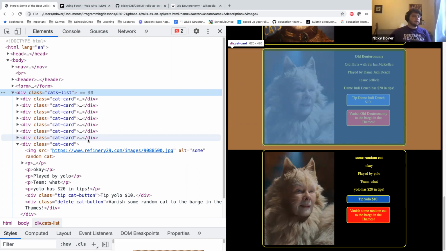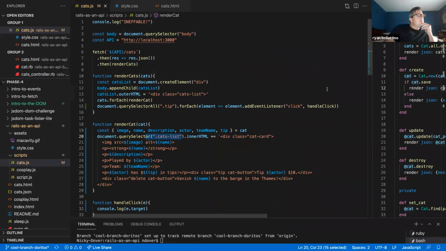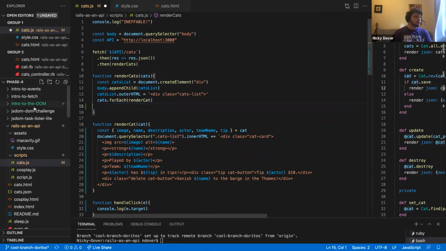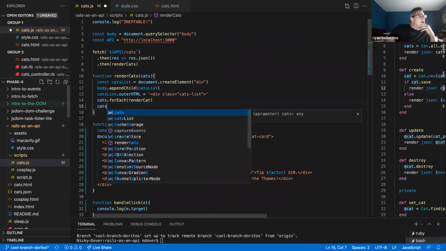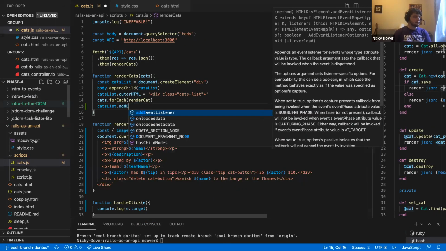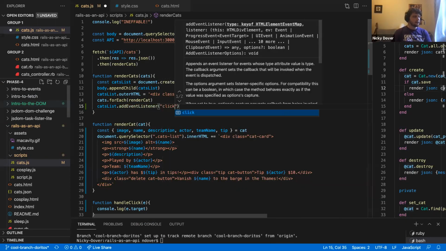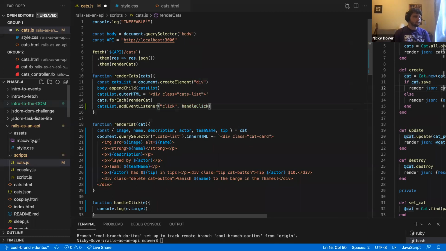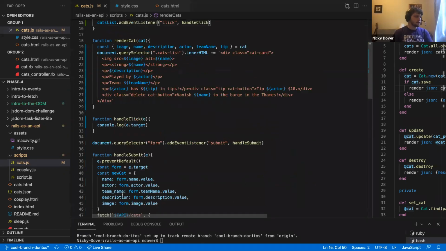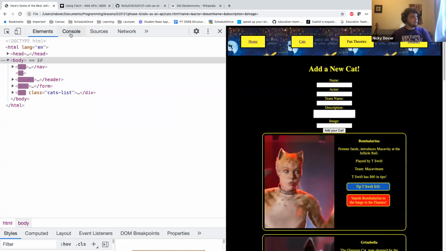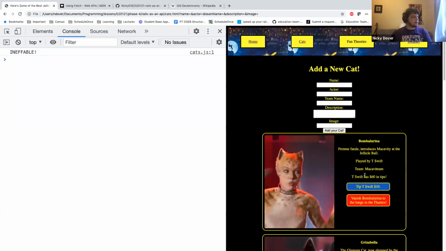Cool. So at this point, instead of doing this, I'm going to say cats list dot add event listener, click, handle click. This is how I'm going to start. I'm saying the whole cats list, listen for a click event. And in here, I'm going to console log e.target. Cool. We refresh the page now. Whenever we click,